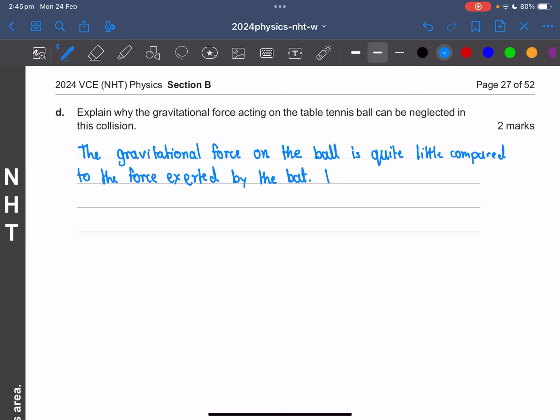And then furthermore, during the collision, there is only horizontal velocity,